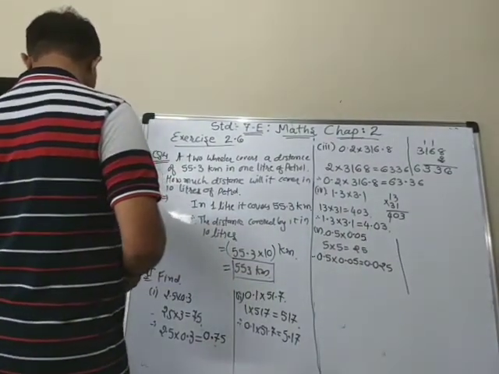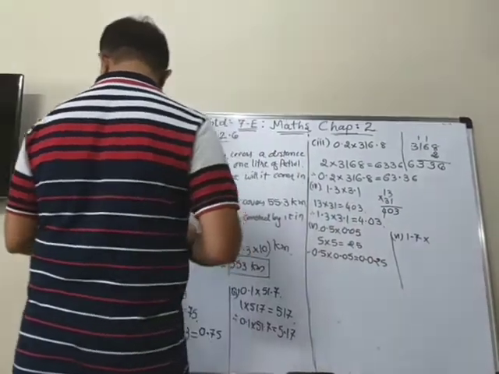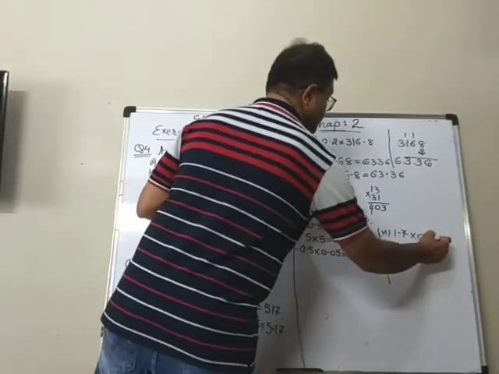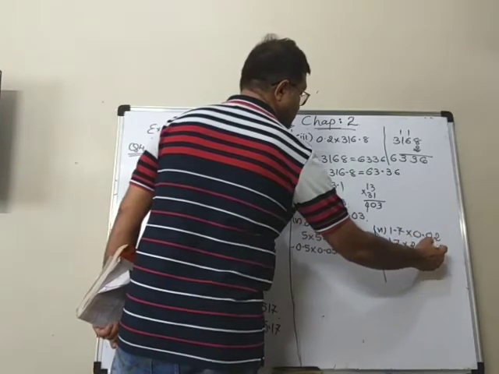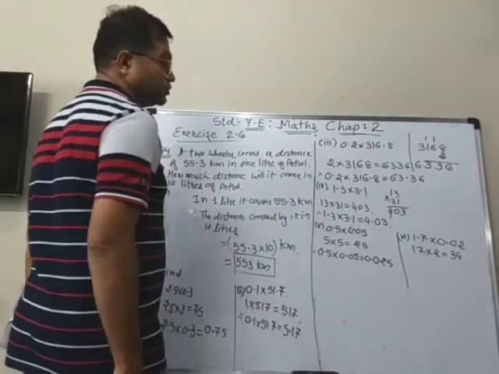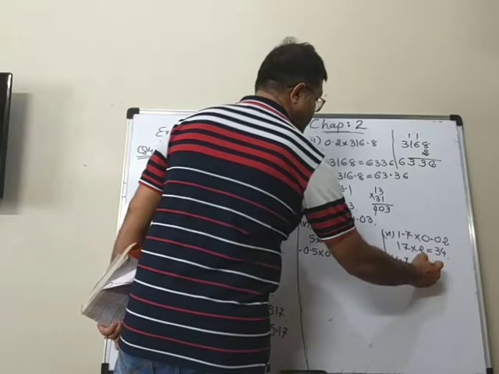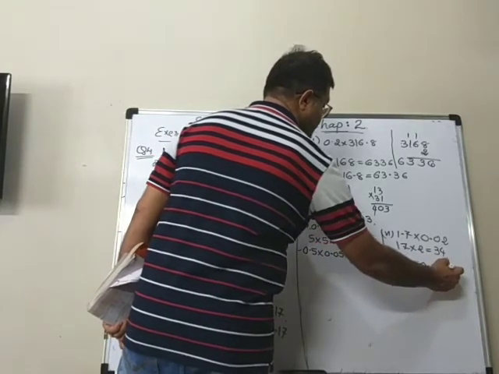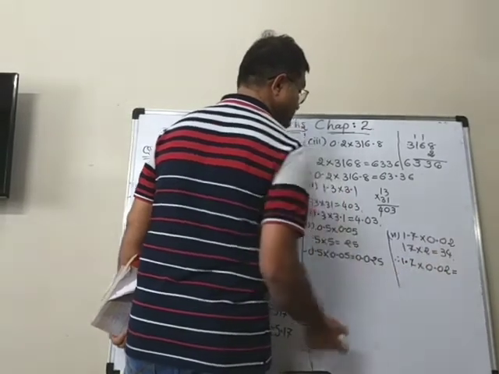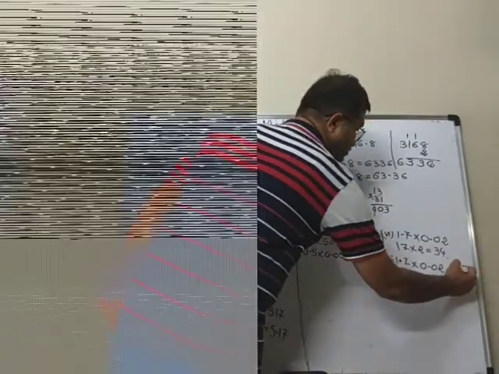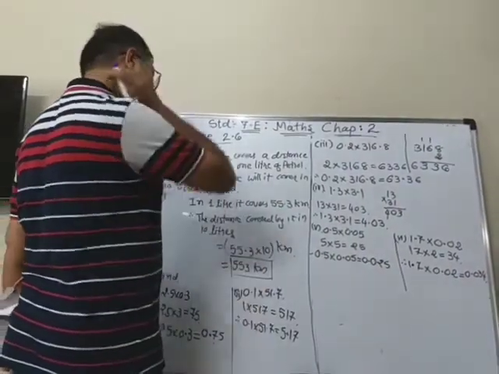Sixth one, 1.7 multiplied by 0.02. So here 17 multiplied by 2 is 34. Here also we don't need to multiply, it is simple. And therefore 1.7 multiplied by 0.02. You can see that here is 1 decimal, 2 decimals, so 1 plus 2, 3 decimals. But we have only 2 digits here. Right? So we have to put one more 0. So the answer will be 0.034.